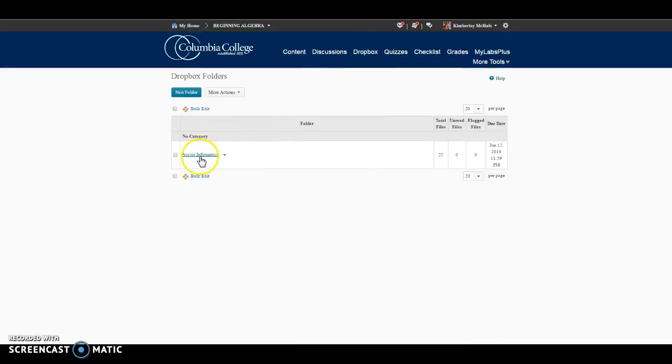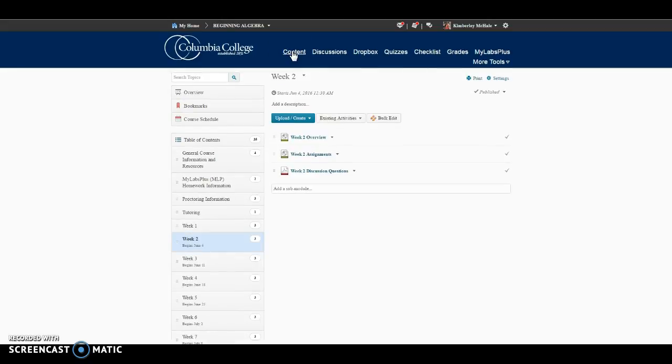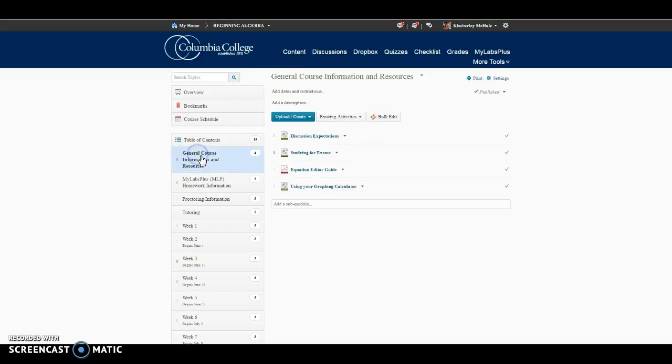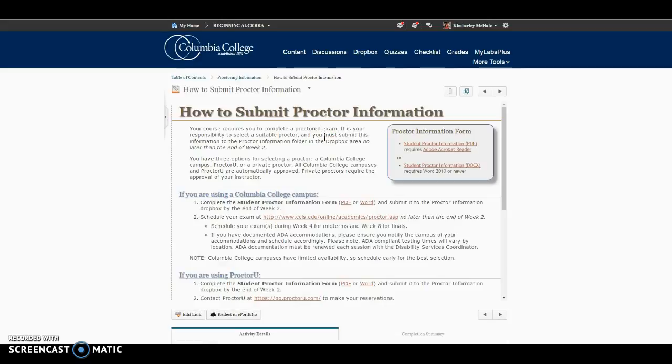Dropbox is where you will submit your proctor information. You can find the form back in Content. Let me click that and show you. If I go to General Course Information and Resources, you'll see I have this information. If I go to Proctoring Information, I have the proctor form and how to submit it right here in that